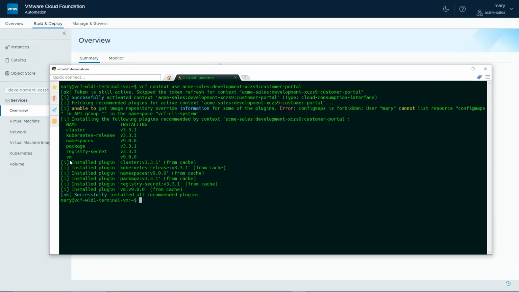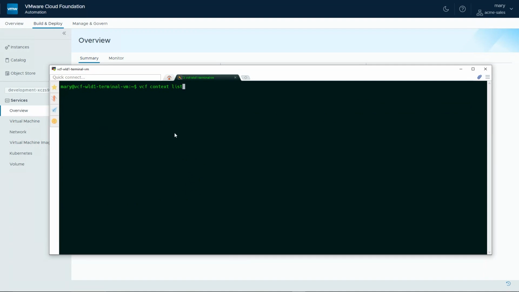All these plugins are part of that VCF framework. So it's a pluggable framework that allows us to use the VCF command line against those services, or use those plugins to interact with the services. Next, now that we have access to these contexts, we can list them